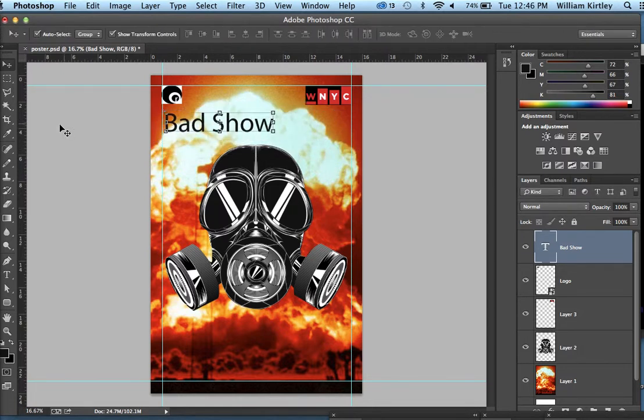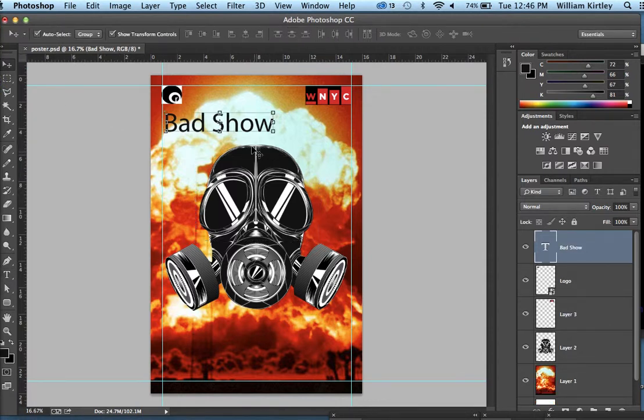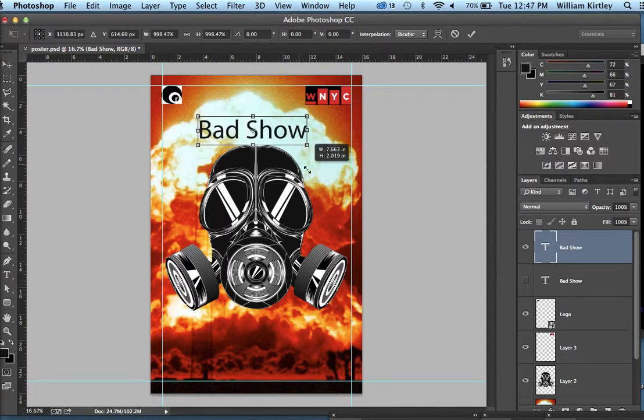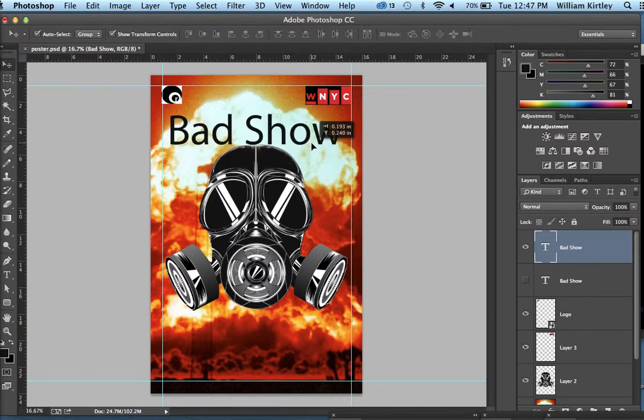There's two ways to use that type tool, by the way. You can click and drag a box and type inside the box, which I don't recommend because you're not going to really get a lot of use out of that tool because you have to spec what's inside the box. So usually what I do is I'll click and type, and it'll put text in there, and then I'll have to scale it up to kind of fit my layout. And I really want to kind of play with that text, so I'm just going to highlight it,